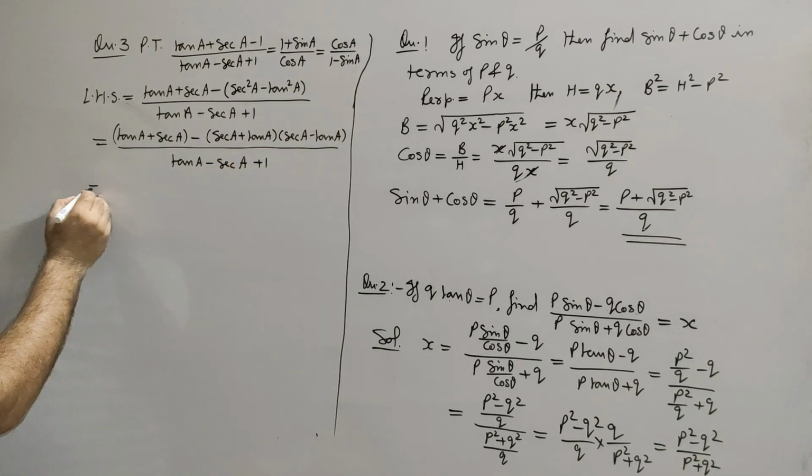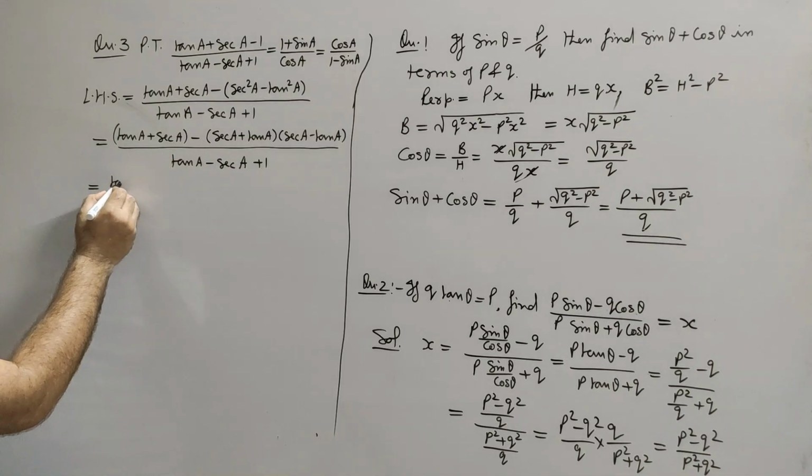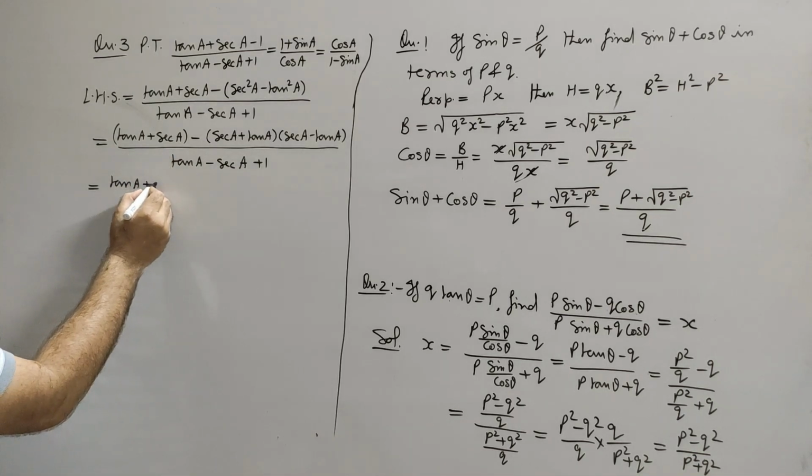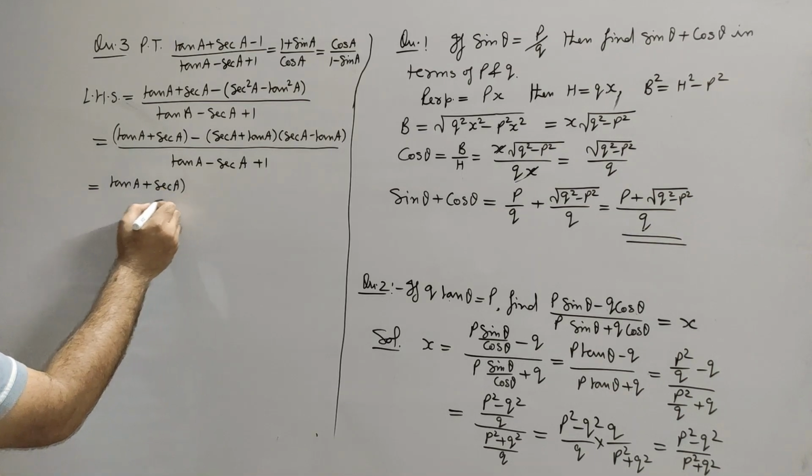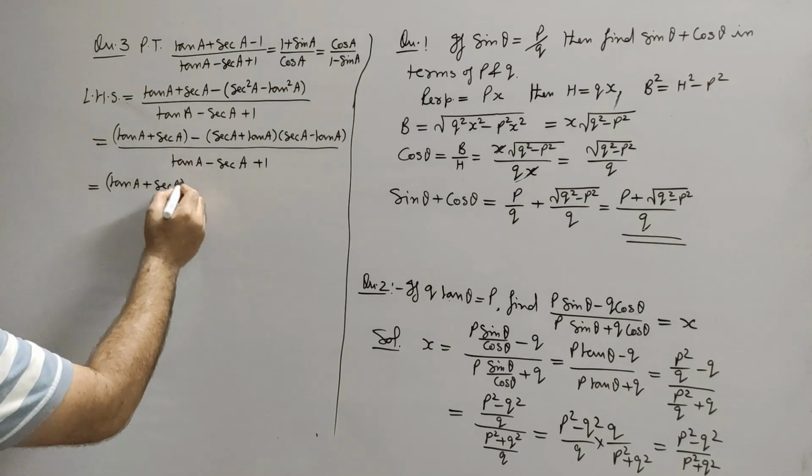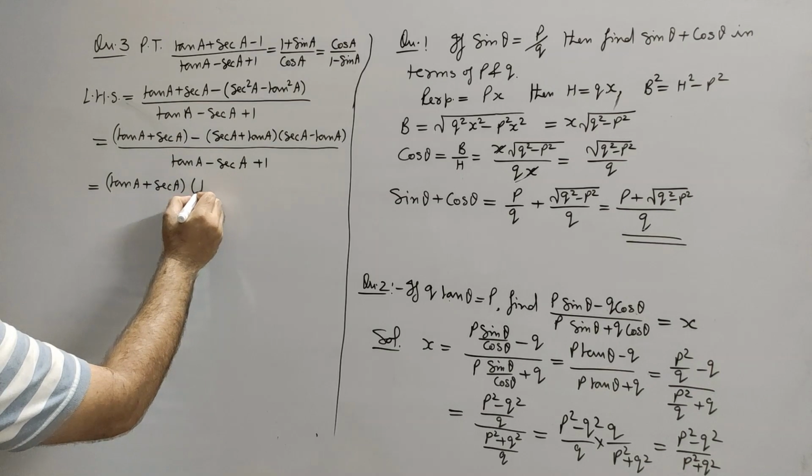Now in the numerator we will take tan a plus sec a as common, and here we will be left with 1,